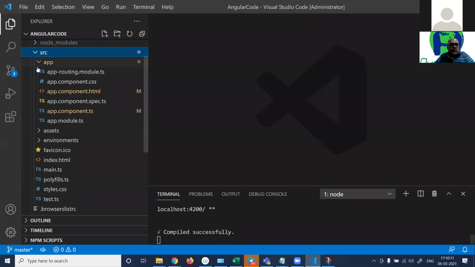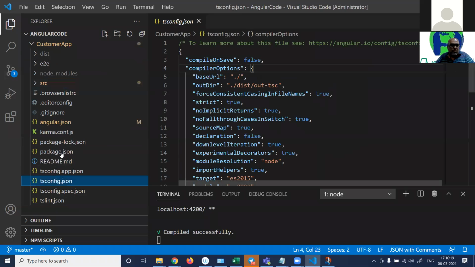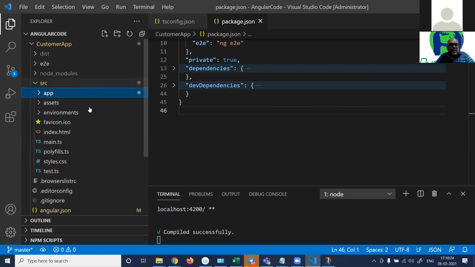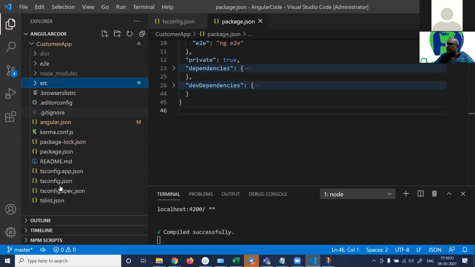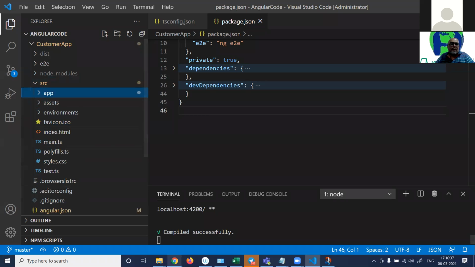If you see here, look at the structure. You have an SRC folder, and outside are all the configuration files, like tsconfig and package.json, all outside. After that, in the SRC folder, there will be one app, inventory app, second app, accounting app, and in that its files and subfolders. So remember, configurations outside, SRC folder your source code, and then the naming convention is app.